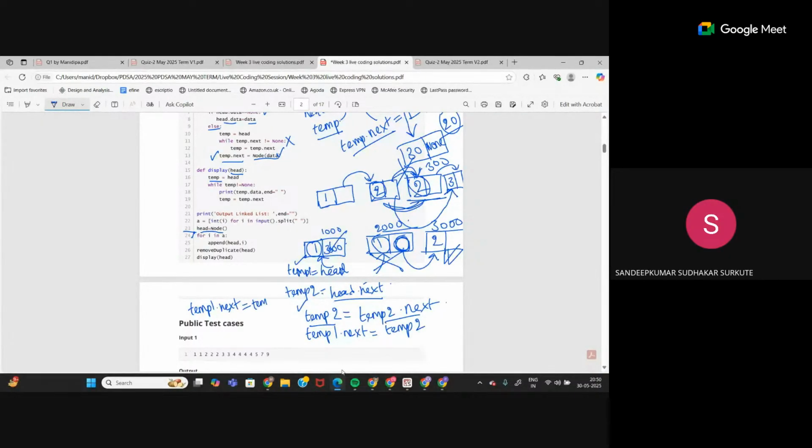Temp2 dot next. Instead of 2 lines, with 1 line we could have done that. Let me see if we are losing anything. Temp2, no? Since that variable is not required, that's why he's saying. But that variable is required in the while loop. See, now that you're updating, after that you are updating this temp2, right? Temp2 dot next. Now, when you go for the next while iteration, this is the temp2 that you are comparing. Is it None? So you cannot lose this temp2,